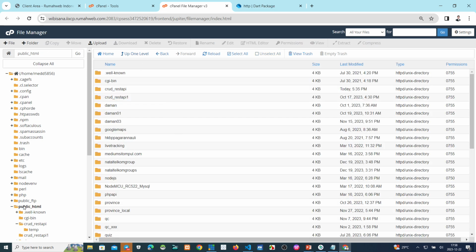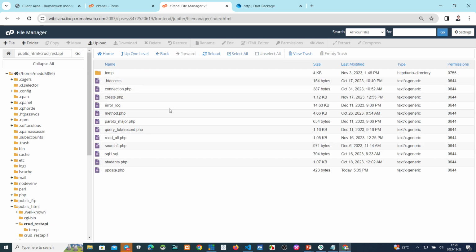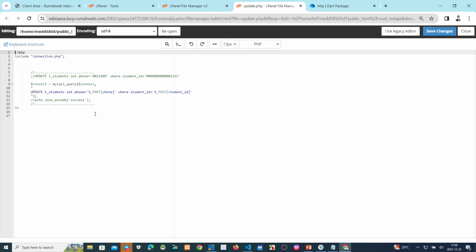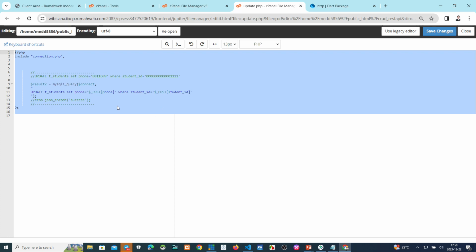This one, CRUD REST API, and then update. This one, edit. This is my script on the backend. Very simple.